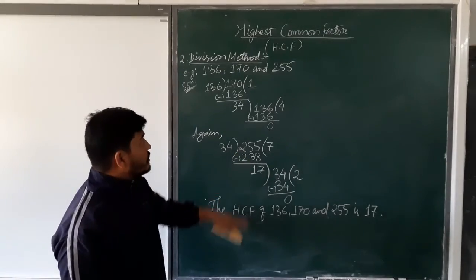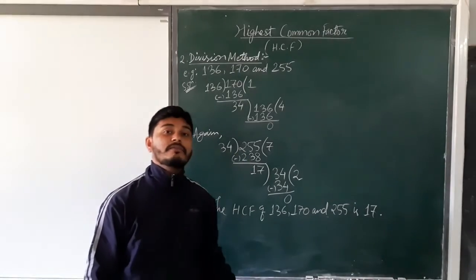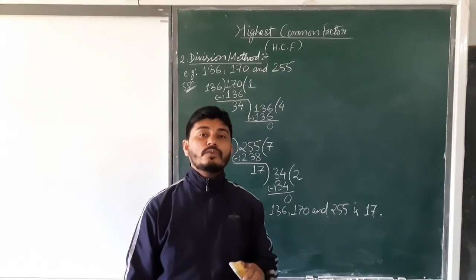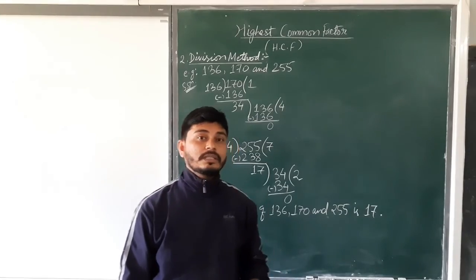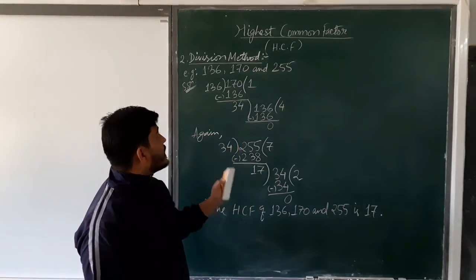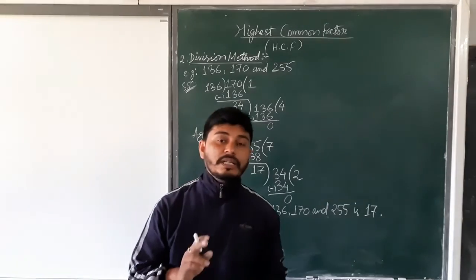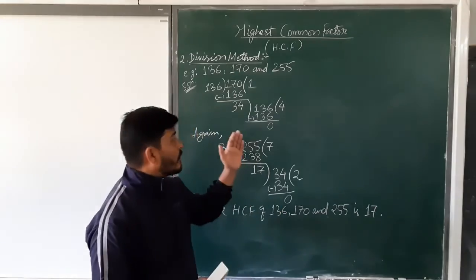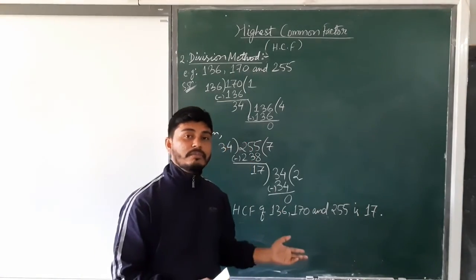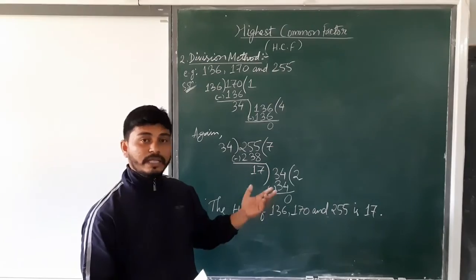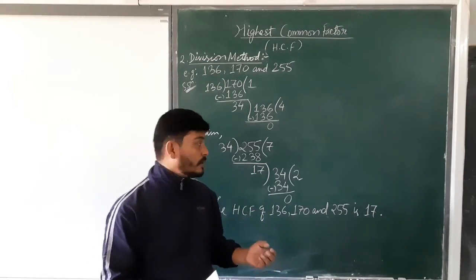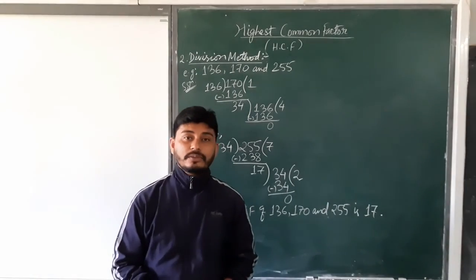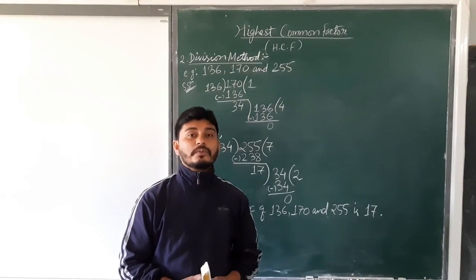Alright? So with this, I hope the concept of HCF, what is HCF and how to find out HCF of 2 or more numbers is clear to you. HCF of 2 or more numbers can be found out in 2 methods, that is prime factorization method and division method. How to find out by prime factorization method I have explained to you through an example, and I hope that is clear to you, and also the division method through this example I hope it is clear to you. So that's all from this class.